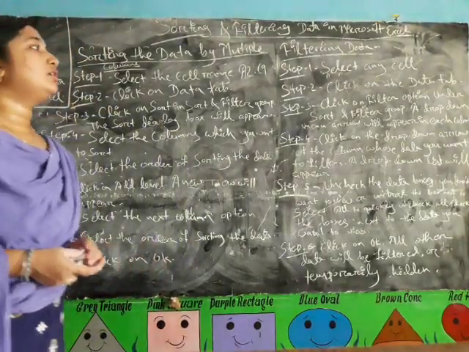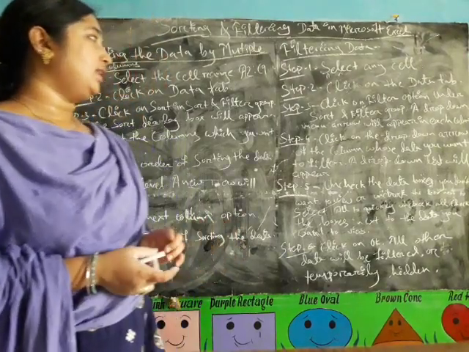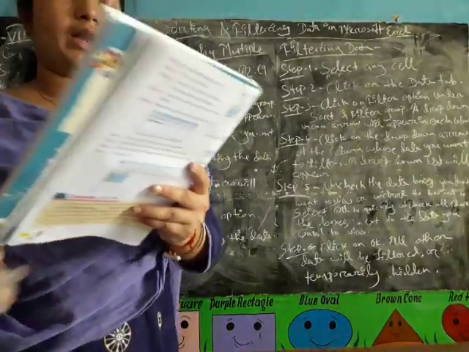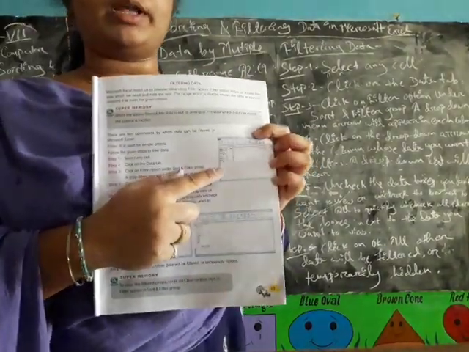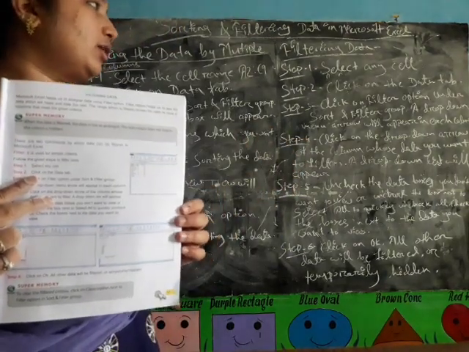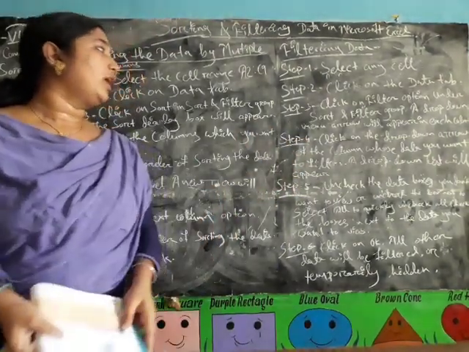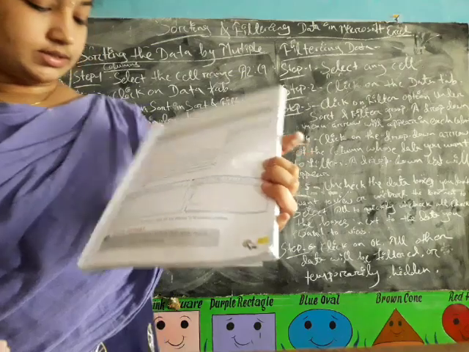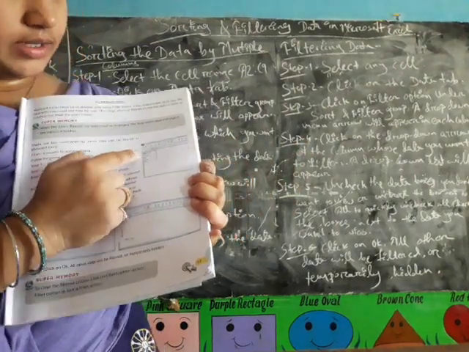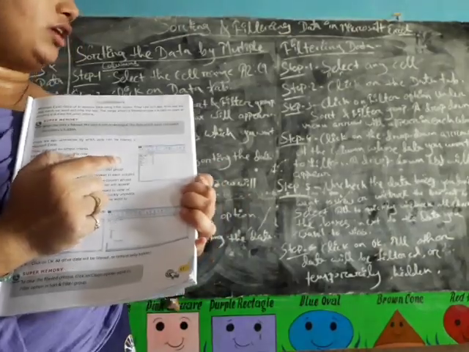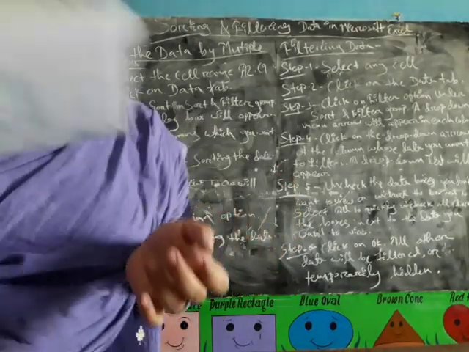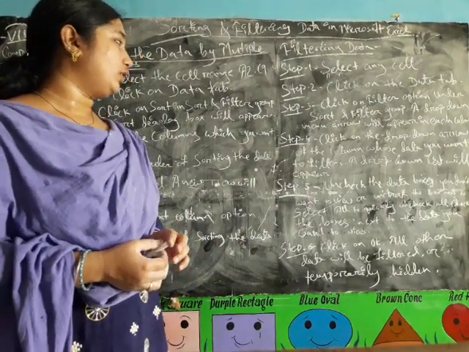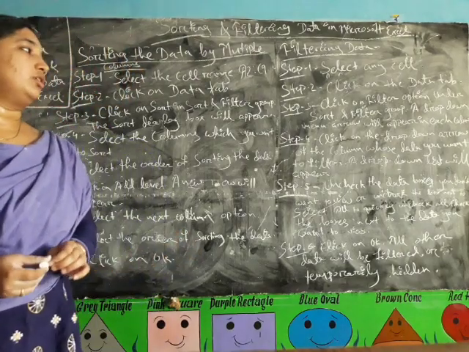After that we discuss filtering data. In filtering data, the first step is to select any cell and click on the Data tab. After clicking on the Data tab, this worksheet will come. Then click on the Filter option. Under the Sort and Filter group, a drop down arrow will appear in each column. When we click on the Filter option, all the data are highlighted. After that, click on the drop down arrow of the column whose data you want to filter. A drop down list will appear.